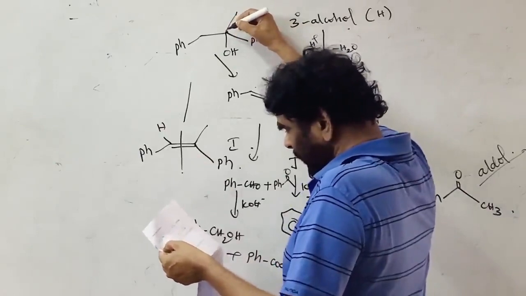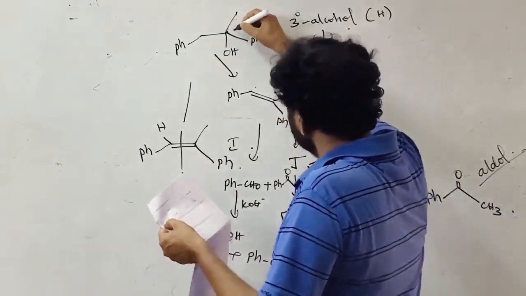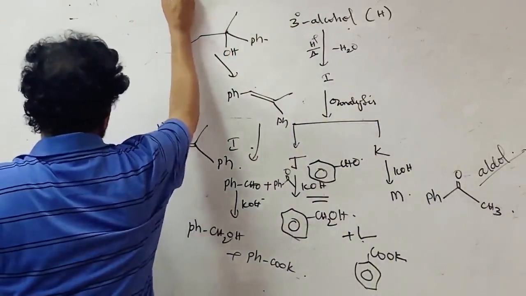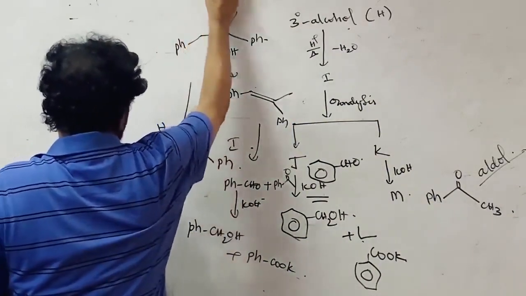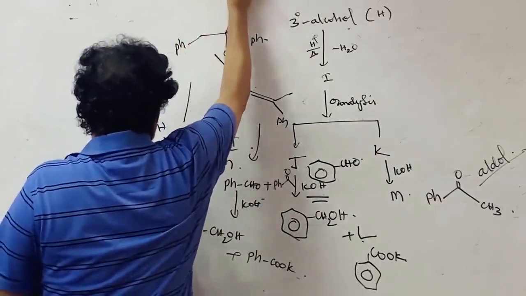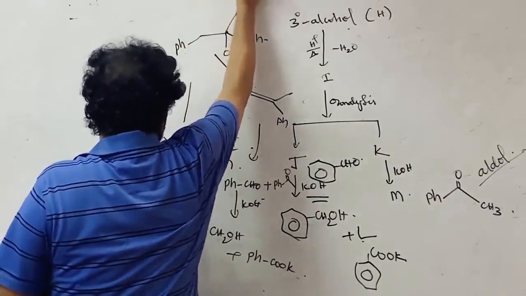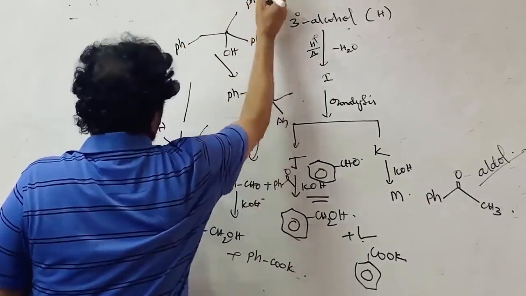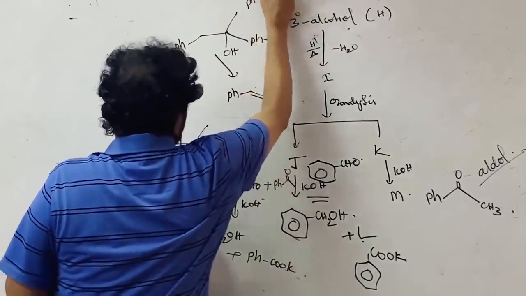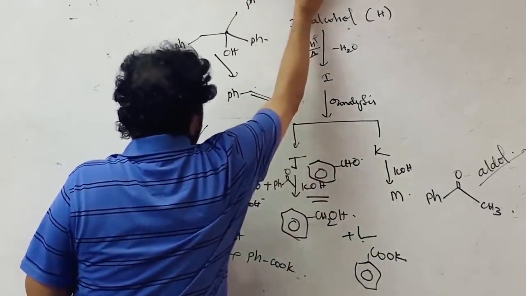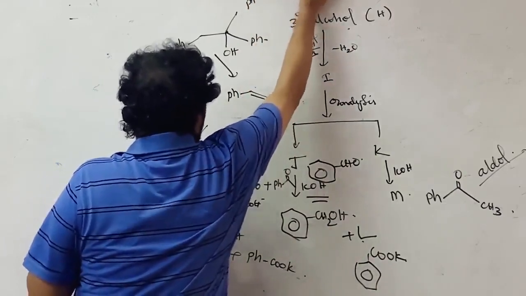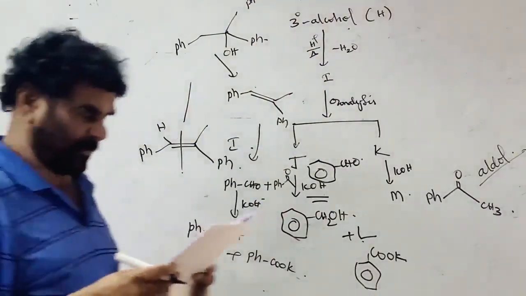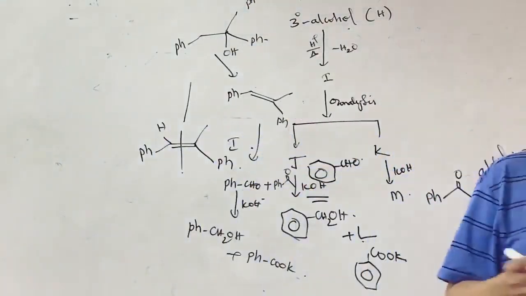And acetophenone plus benzyl. This can be acetophenone. This is the acetophenone. Benzyl magnesium bromide, hydrolysis. This is the phenol. This is OH. This is benzyl alcohol, right. These are correct.